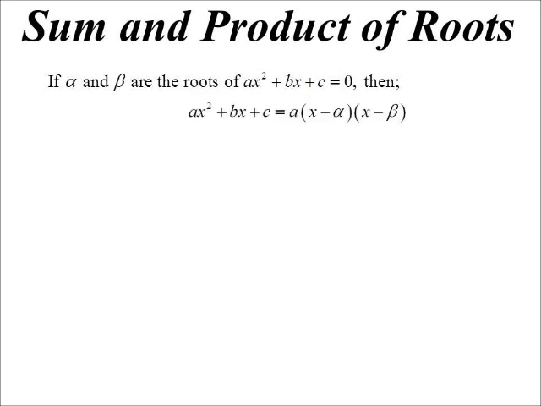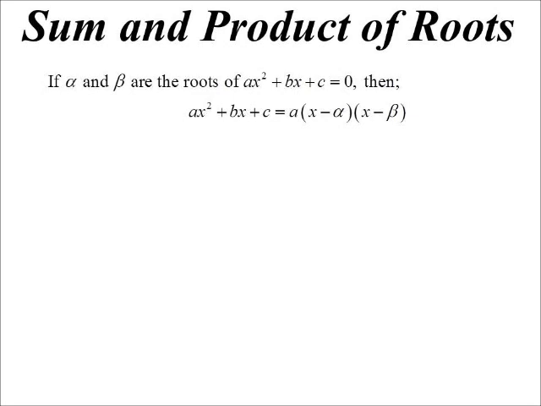So we're going to look at this relationship that exists between the coefficients of a polynomial and the actual roots of the polynomial themselves. So start with a quadratic. If I know alpha and beta are the solutions of a quadratic, then I know it could be factorized to be x minus alpha, x minus beta. It would also have to be multiplied by a, so that when I expand it out, I've got the ax